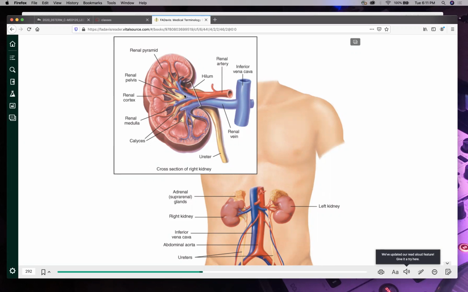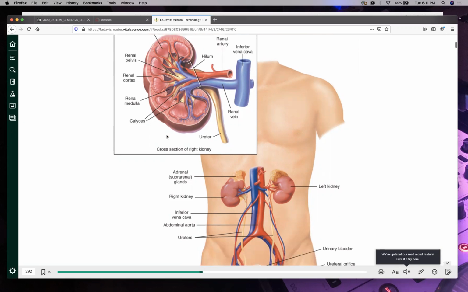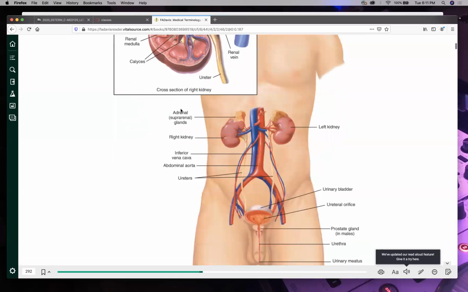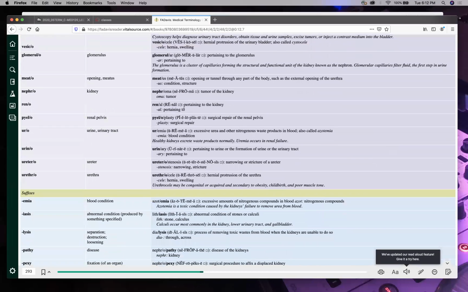And surgery of this area is called pyeloplasty. I also had another patient who had an infection here, and that is called pyelonephritis. Nephro means your kidney. Pyelo is this area of your kidney. So if my patient has pyelitis or pyelonephritis, they're in a lot of trouble because they're going to need pyeloplasty